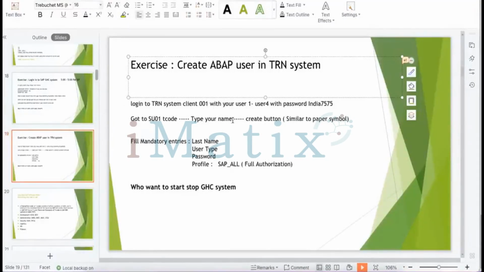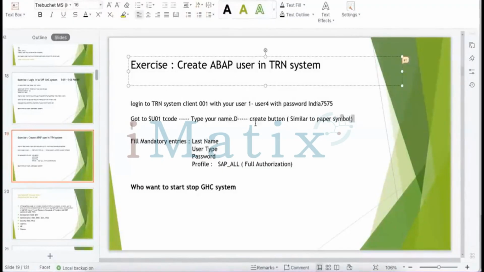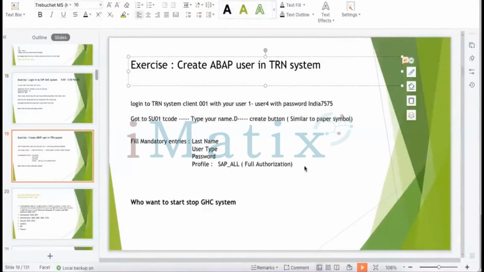You try to create 2 users. You type your name dot d and press the create button, and you type your name dot user. For user type, here you choose dialog user. Here you type service user, last name and user type. These data will be coming under different tabs. Last name will come under